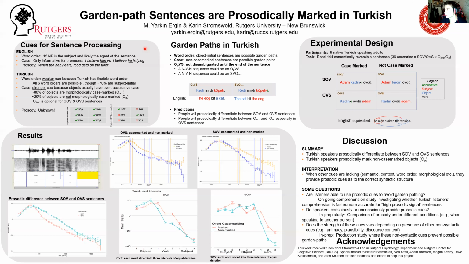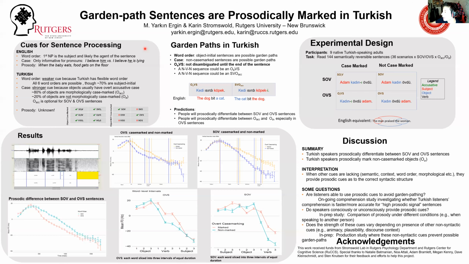And by garden path sentences, what we mean is sentences that make you believe a certain structure, a certain parse, is true up until some point where you have to change your idea because the structure is no longer tenable. What I mean by that is that in Turkish, object initial sentences are possibly confusing like this, and also sentences where there's no case marking on the object, especially OVS sentences that do not have case marking on